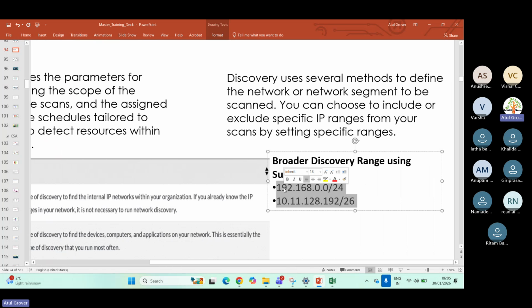So in this way you can do it. You can create multiple schedules for the different IPs. And if you put in the subnets, that will be good. So these things,